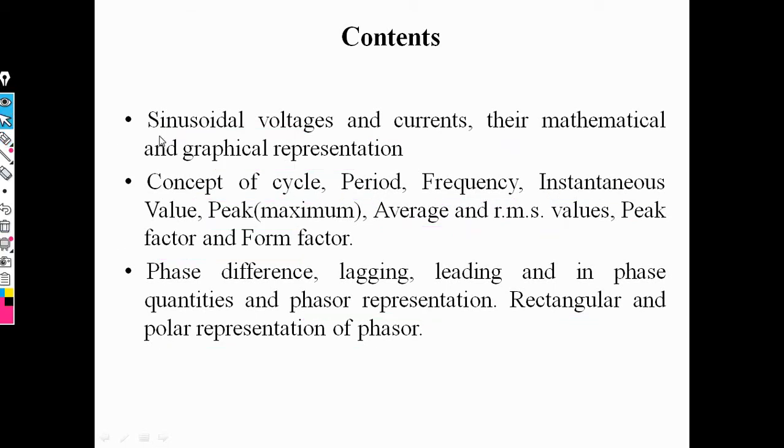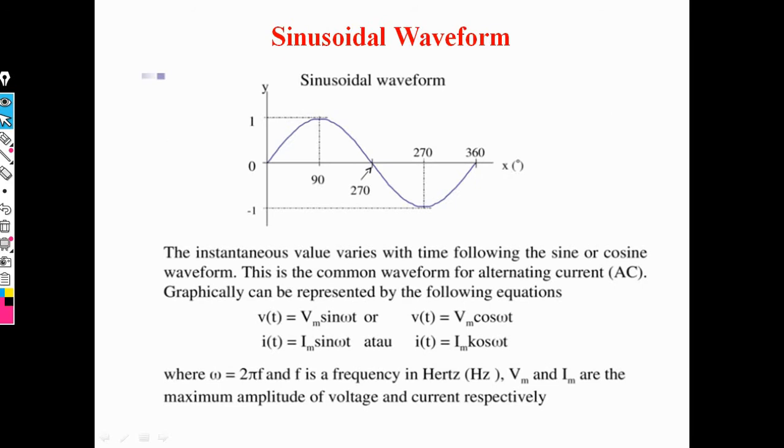Okay, first is the sinusoidal waveform. The sinusoidal waveform starts from 0 degrees, then 90 degrees, 180, 270, and 360 degrees. That means these are 90, 180, 270 and 360, and the 270 angle goes from this side to this side. Now this is the waveform of sinusoidal